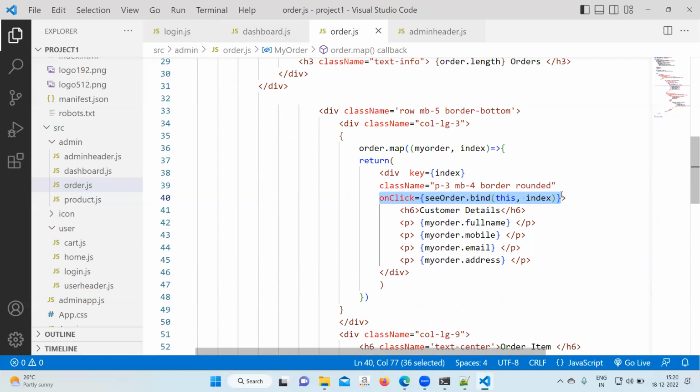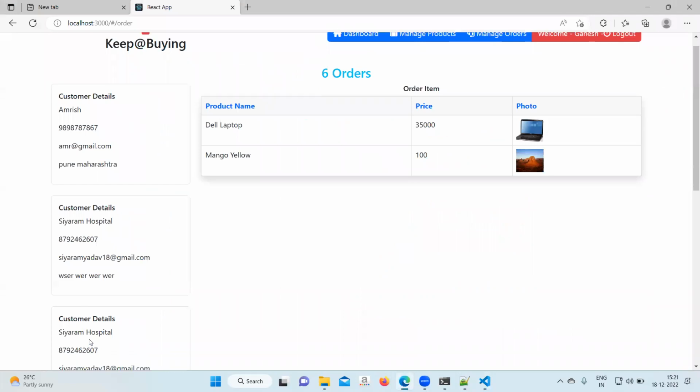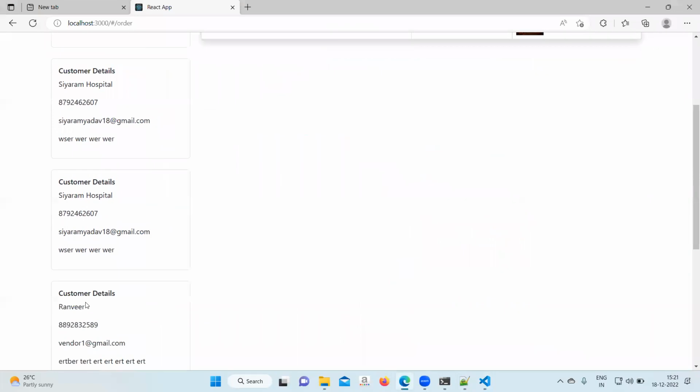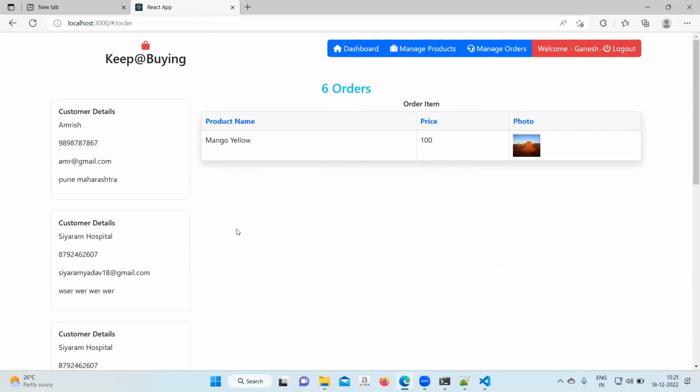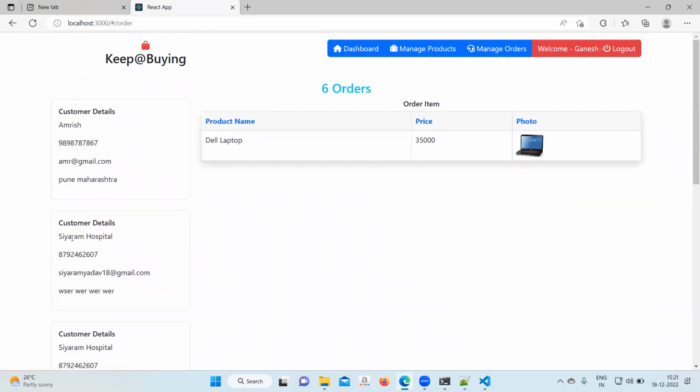So whenever you click this particular division in the border area, on the right side the order has to change. On click equal to C order dot bind this comma index. If I click on the second one, it changes, third one should change. Fourth one if I click, order should change. Fifth one if I click, order should change. First one if I click,